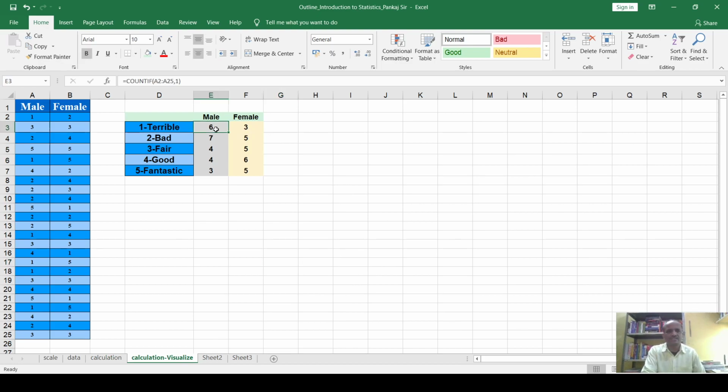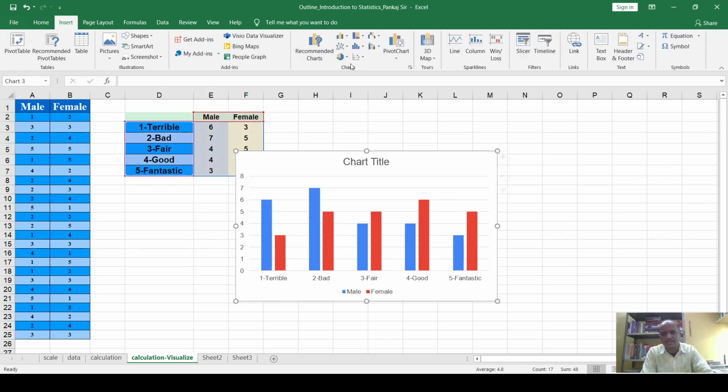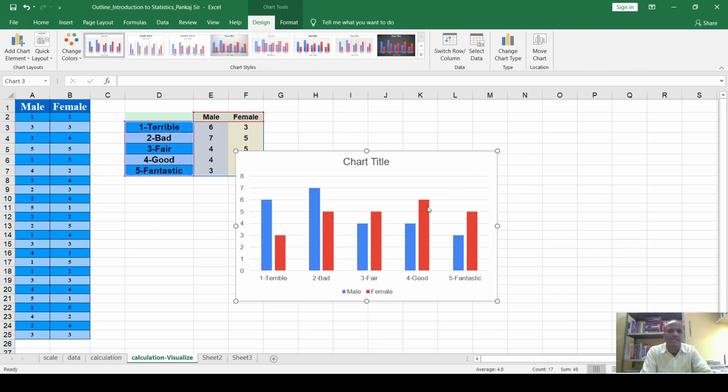Now I have all this data set with me. So I have another table. It is now more informative and easy to interpret that, okay, boss, what I found is these many males are saying that the taste is terrible and these many females are saying it is fantastic. But if I do a little more exercise on it, and I am talking about data visualization, I select this entire table, go to Insert, and more appropriate here is the bar chart, place a bar chart over here. Now you can see that it is very easy to look at